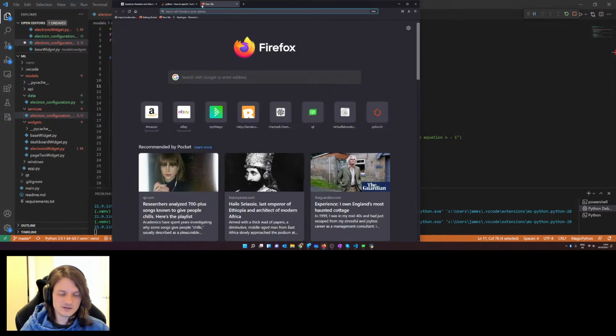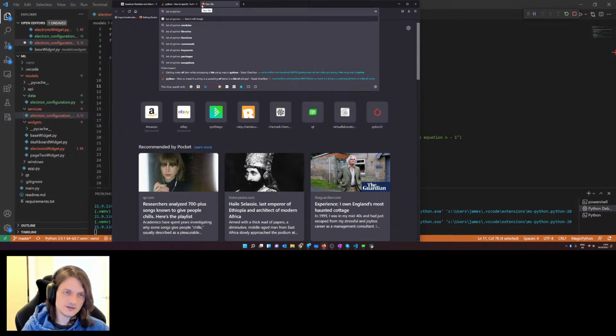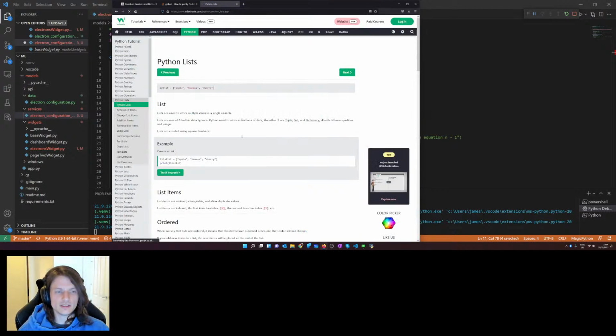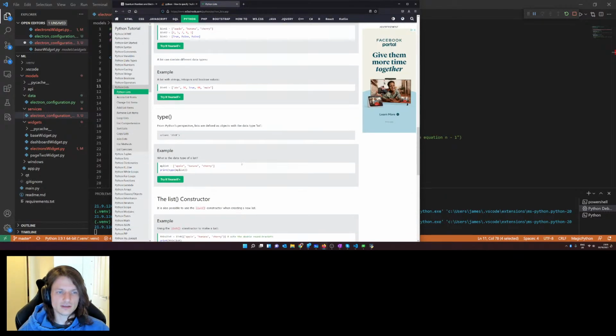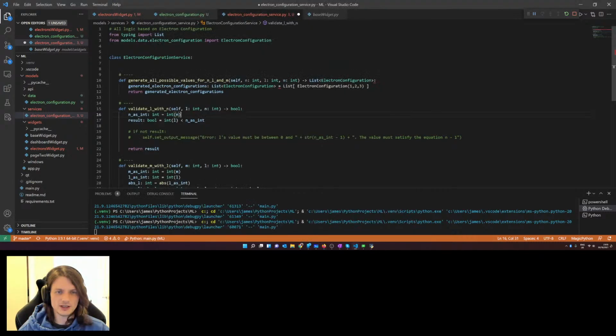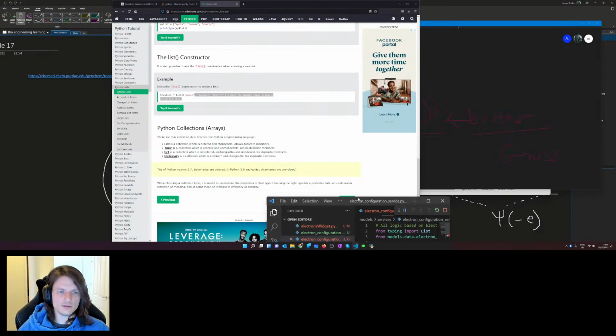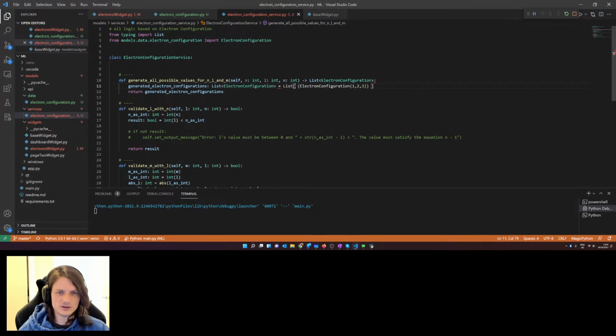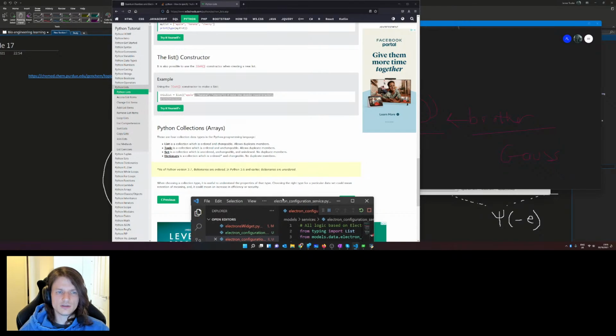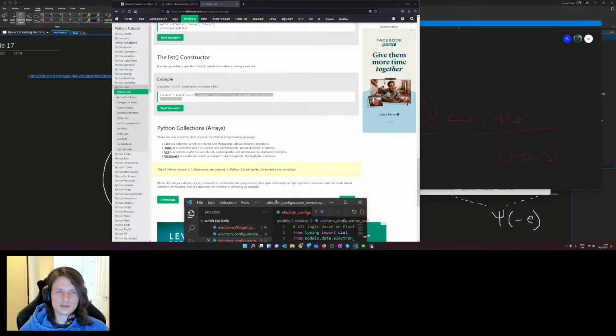Let's Google it. List of Python list. Where's the word list? There it is. Okay, so it's actually like that. That can't be right. What have I just seen there? That's not right at all. It's actually that. Go away now. Shoo. No code actions available. ElectronConfiguration is correct. I don't need to declare new, right? In this constructor, make a list equals a list of,